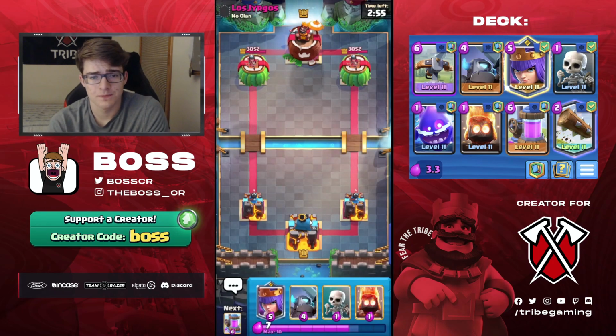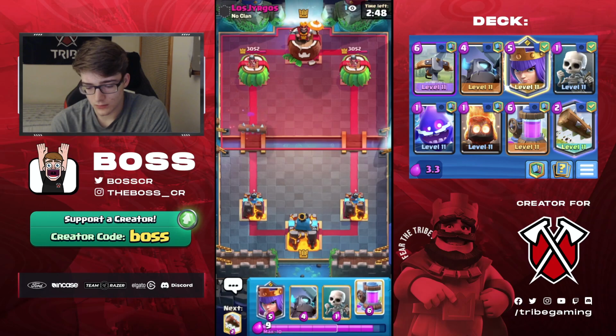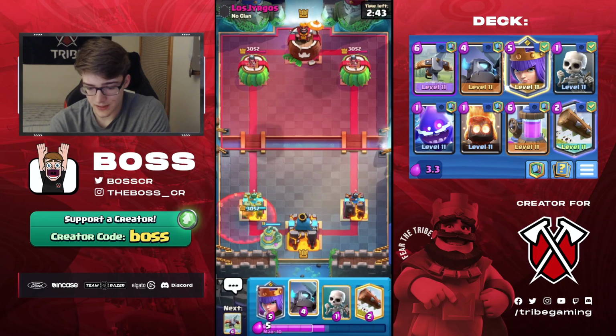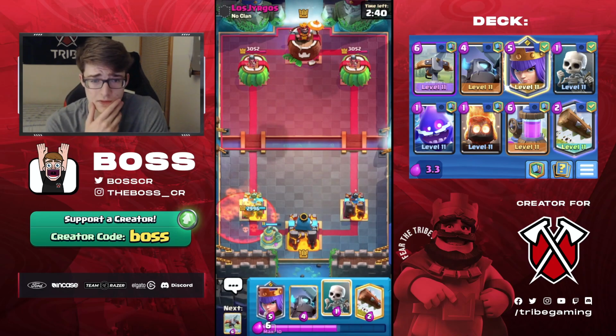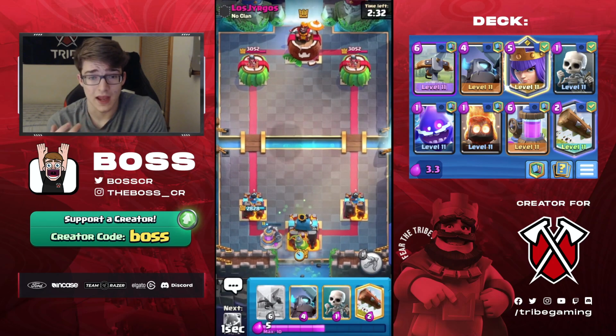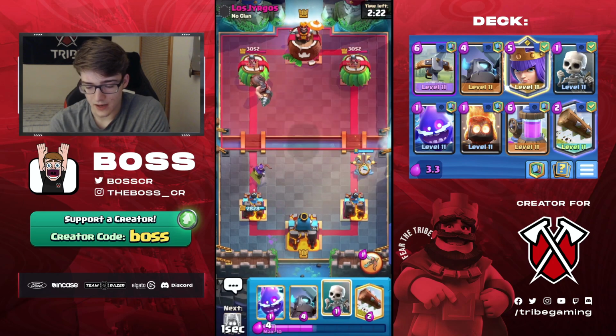Alright, in our next match here, we could just go ahead and start with Fire Spirit at the bridge. Why not? He's going to log. Okay. I'm going to Collector. I have mini P.E.K.K.A. in cycle, so if he tries to punish me, I'm not too worried. Poison log. I don't know what this is, because typically when someone has poison, most of the time at least, it means that they have Graveyard, but maybe he's running Mortar, something along those lines. That would make sense. I'm going to Expo here, opposite lane of the Mighty Miner, because Mighty Miner's a really good tank. I think he might have...